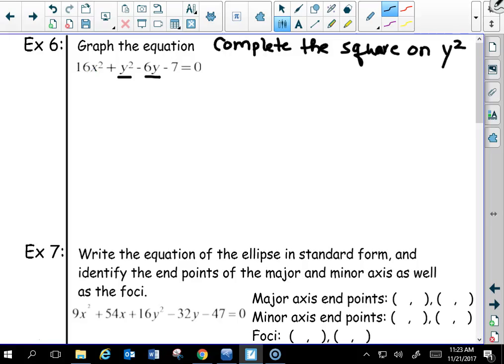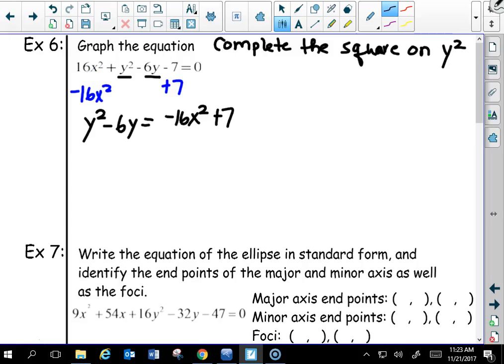Okay, and I'm going to kind of ignore the x squared. No, actually, I'm going to get rid of it. I'm just going to move the x squared and the number over to the other side. And that'll give me y squared minus 6y equals negative 16x squared plus 7. And I'm going to ignore the stuff on the right-hand side because I'm going to complete the square on the